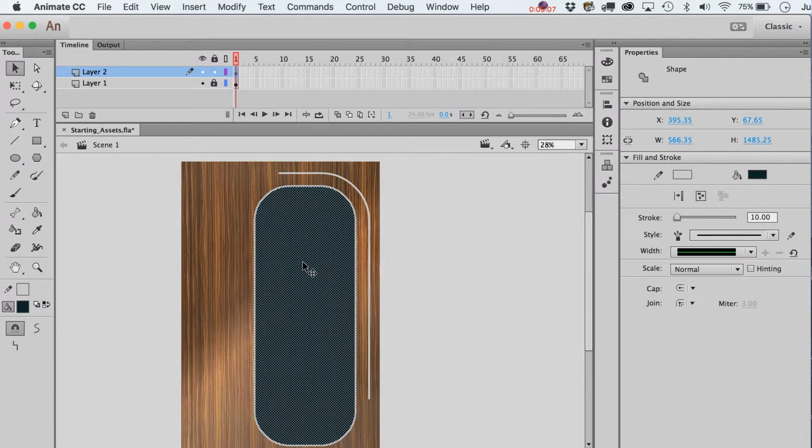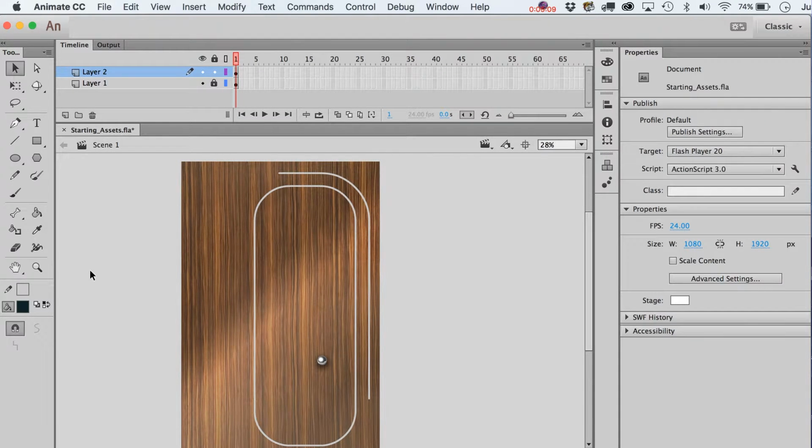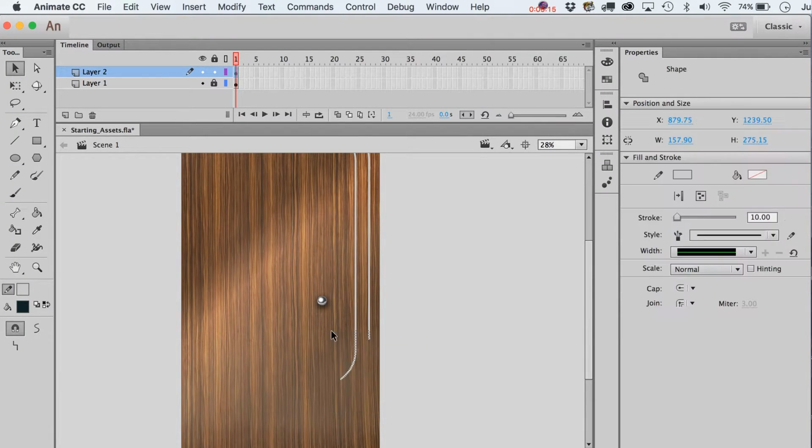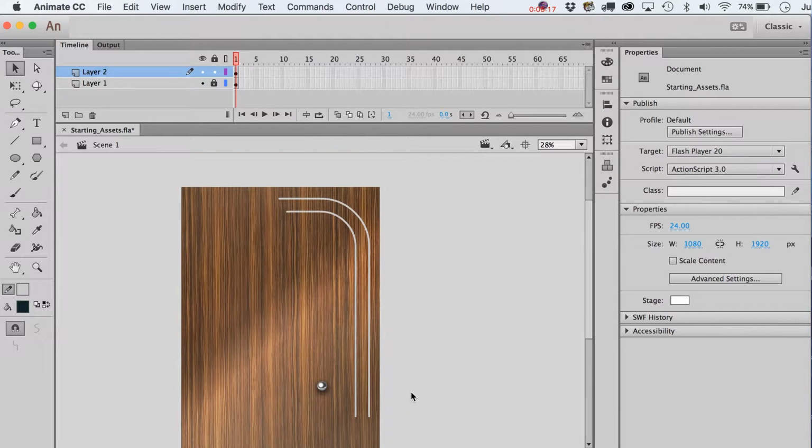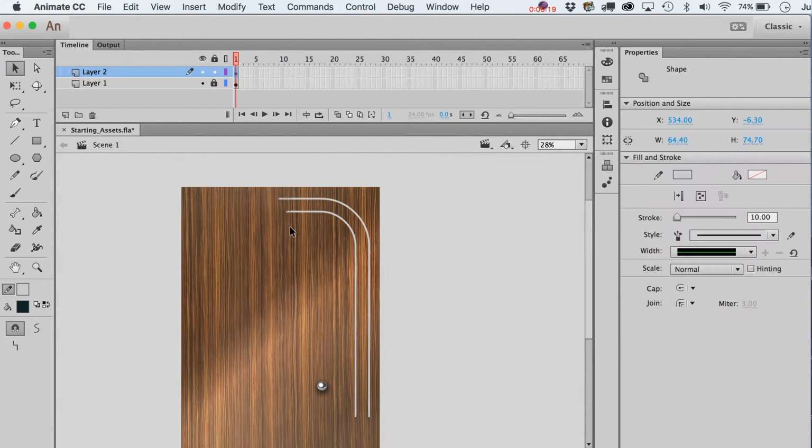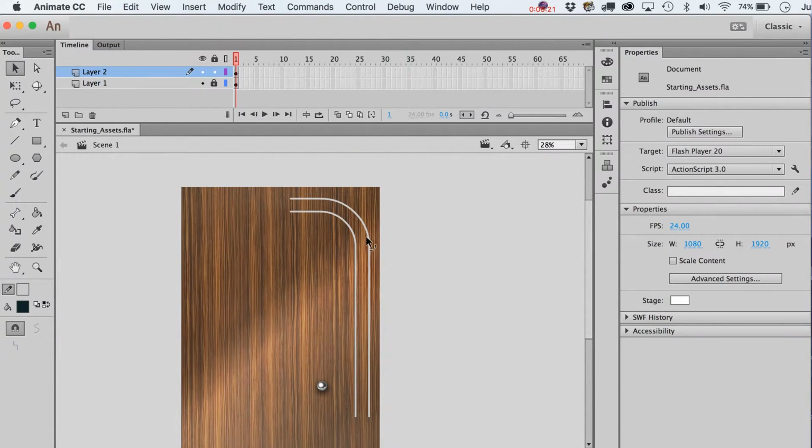Maybe move it down just a little bit. Okay, so let's try it out. Of course, the nice thing is if we do get the two rails looking good and parallel to each other,